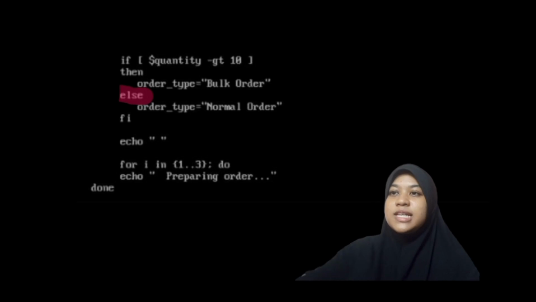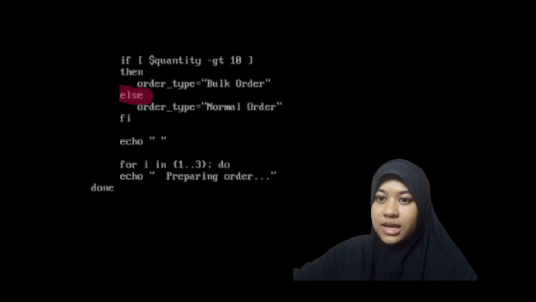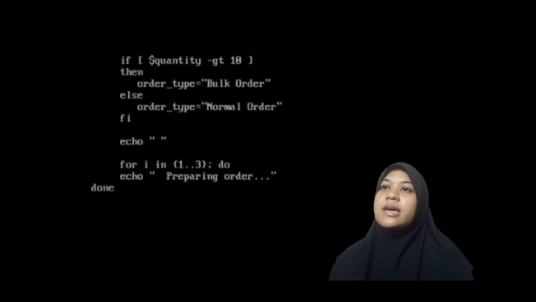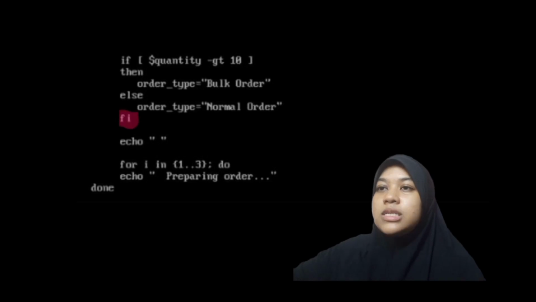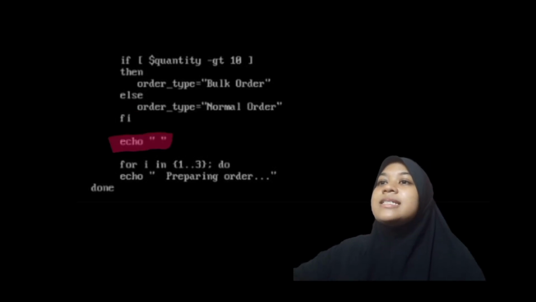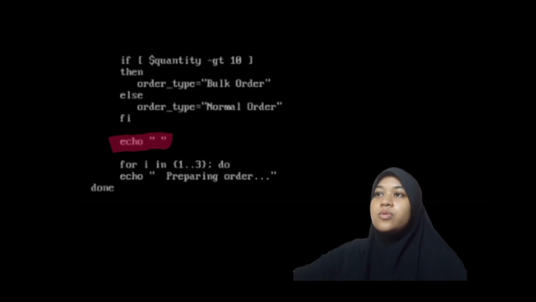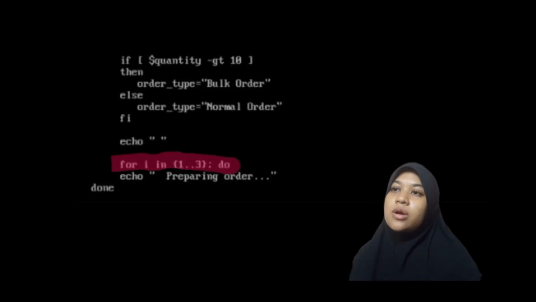But if the quantity is not more than 10, the script moves to the else section. This line. Okay, in this case, the order will be categorized as normal order since this quantity is smaller or standard. Number 6. This line basically closes the if-else statement, like saying okay, done checking condition. Next, this line just creates a blank space on the terminal screen to make the output look cleaner and easier to read. Okay. Here the script starts a loop